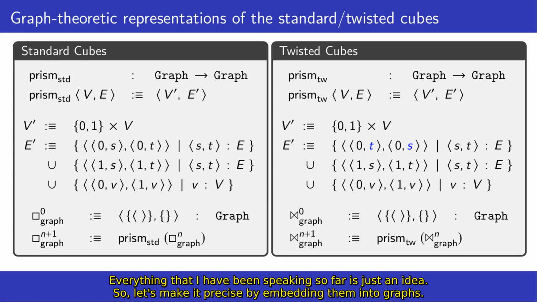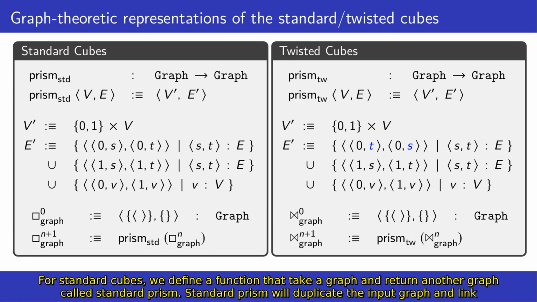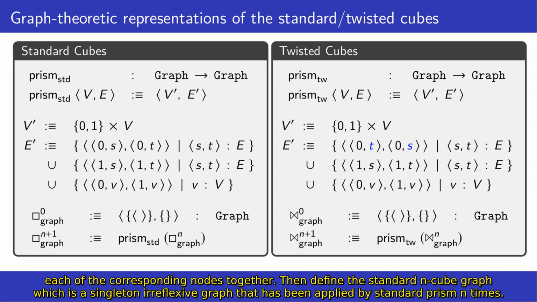So let's make it precise by embedding them into graphs. For standard cubes, we define a function that takes a graph and returns another graph called the standard prism. The standard prism will duplicate the input graph and link each of the corresponding nodes together. Then we define the standard n-cube graph, which is a singleton irreflexive graph that has been applied by the standard prism n